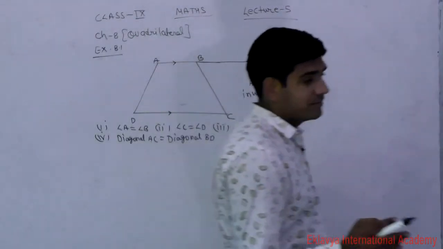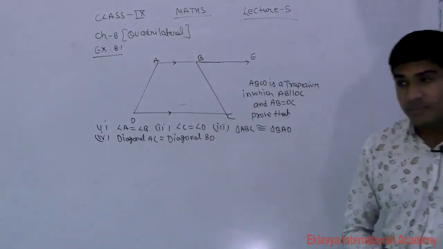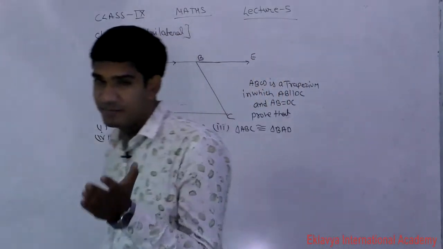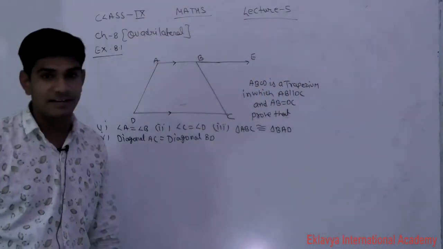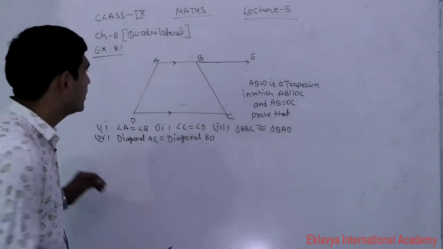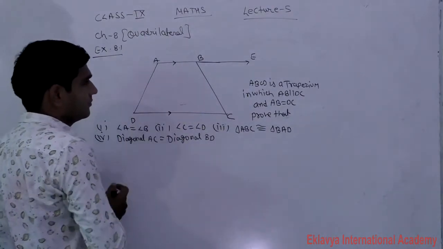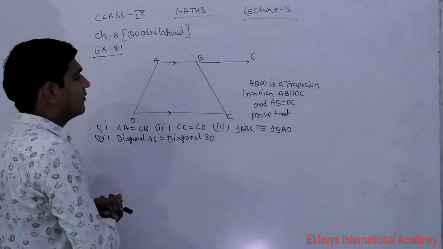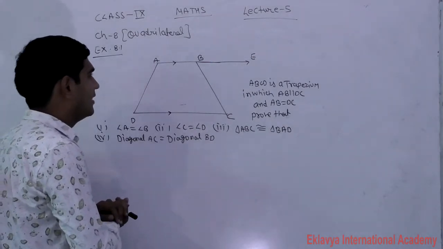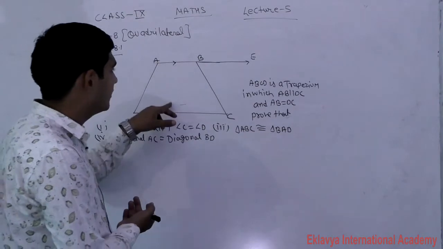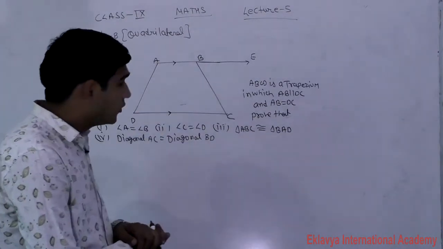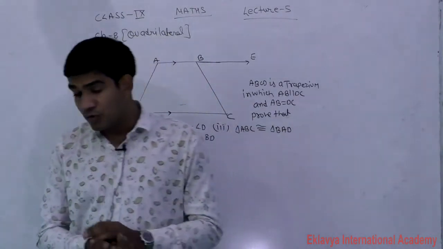Understand? Question में क्या given है students आपको? ABCD is a parallelogram, trapezium. We know in a trapezium opposite sides are parallel. And also given to you AB is equal to DC. AB किसके इक्वल गिवन है आपको? DC. Also AB is equal to DC is given. Then how will we prove that?